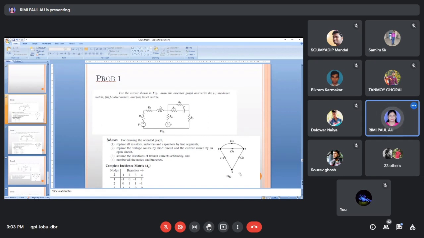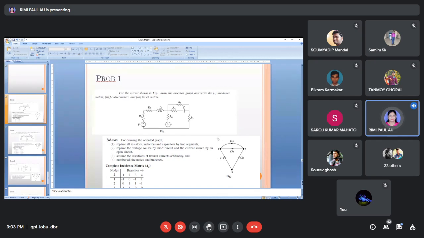Right? So what is the number of trees? Or first tell me what is the number of twigs? If I want to find out the number of twigs, what is the number? Ma'am, 2 will be. 2. 1, 2, 3, n is the number of nodes, so n minus 1 is 2. We can say twig, not tree, because a twig is on a tree. Twig is a branch of the tree.